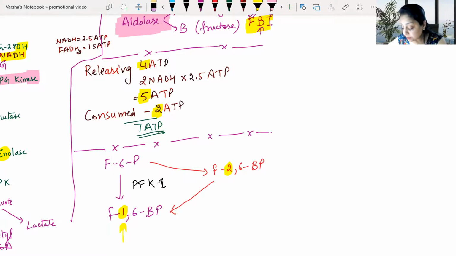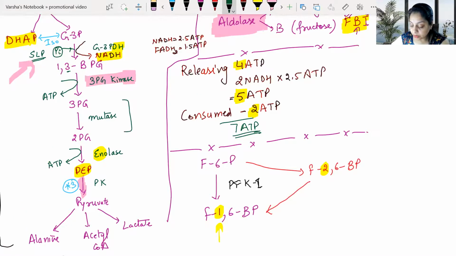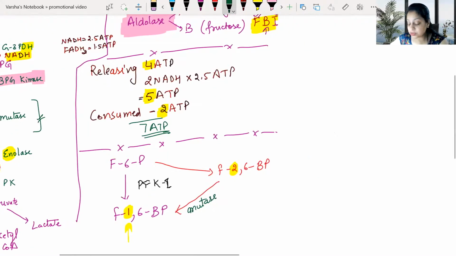Now, what kind of an enzyme is involved here? When we move just the phosphate group, remember here also we moved what? The phosphate group here. That enzyme is a mutase enzyme. So there is this mutase enzyme which is going to shuffle it from 2,6-bisphosphate to 1,6-bisphosphate. But the first step, when we are adding the phosphate group to it, there is another isomer form of PFK, that is